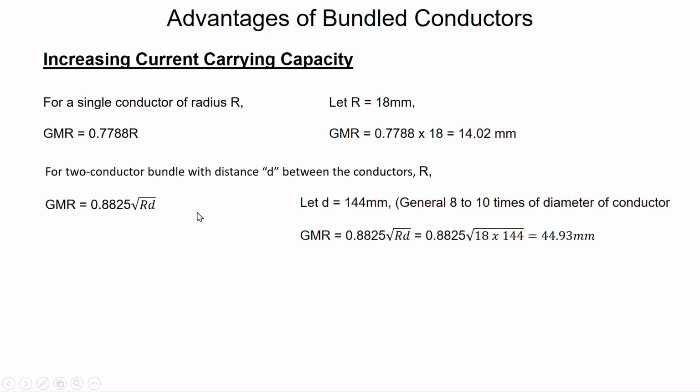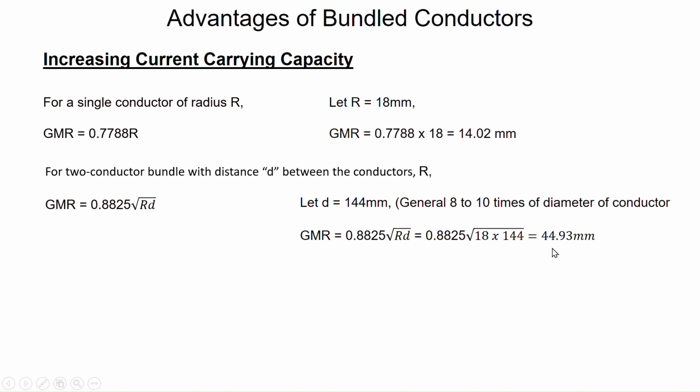Let d be equal to 144 mm, because d is generally taken 8 to 10 times the diameter of a conductor, and the diameter of the conductor is 18. When you multiply 18 by 8, you get 144, around that. GMR equals 0.8825 under root of r d. r is the radius of the conductor. We have taken the same radius, that is 18, into the distance between the two conductors, 144,